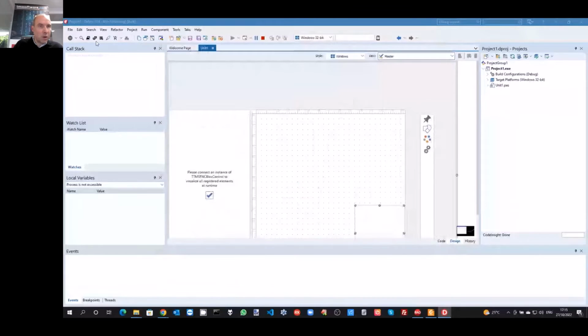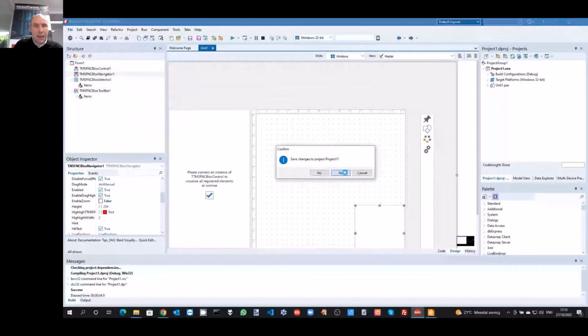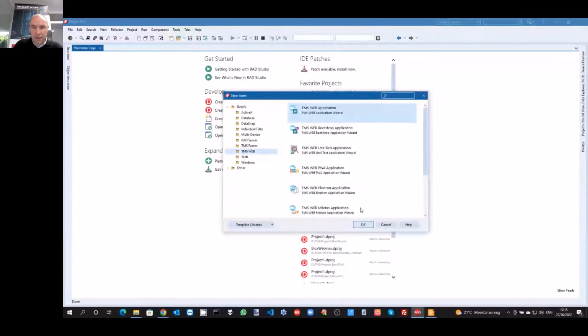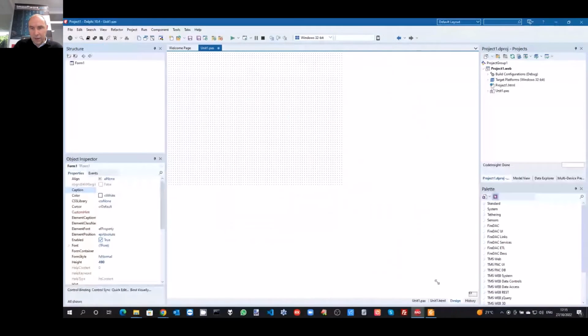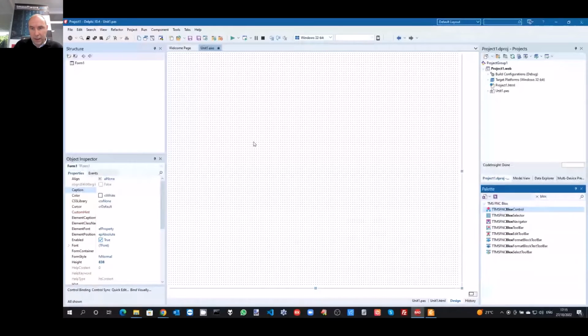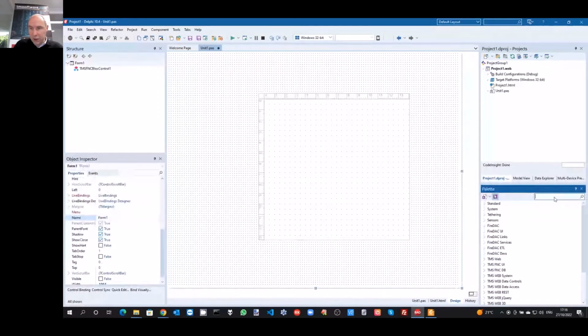And that's not all. We can go a step further and also use these components to create a web client application with TMS Web Core. So from my Delphi IDE, I have here installed TMS Web Core that allows me to create a web client application. And here is the form for the main form in my web client application. And as you can see, the exact same controls are available here. And I can do exactly the same, but this time in a web application.